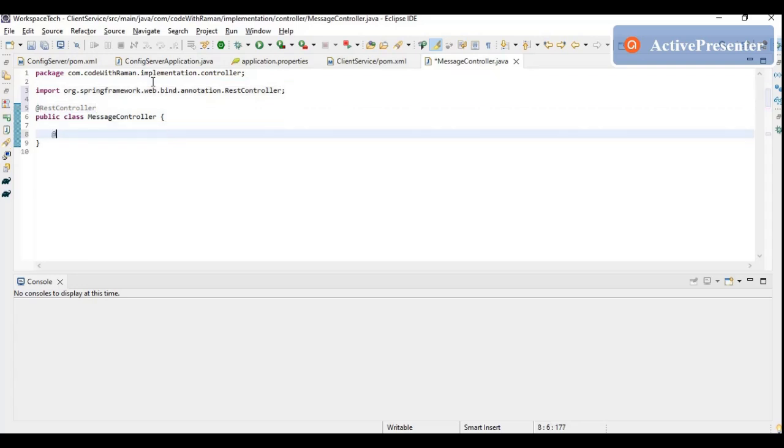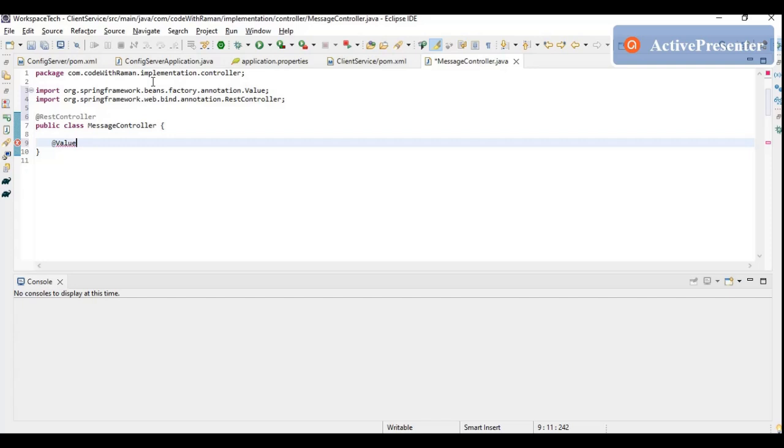Now I need to fetch the value from application.properties and display it to the user. So I need to use the @Value annotation, and here the @Value annotation will be picking the value from the property file, and which value needs to be picked, I need to pass it in double quotes.